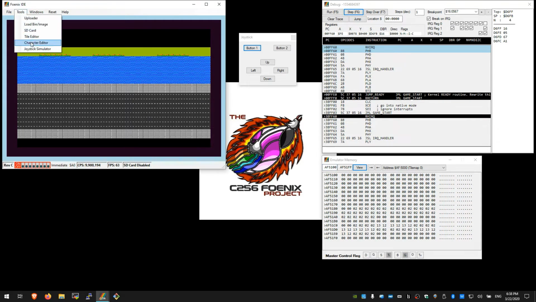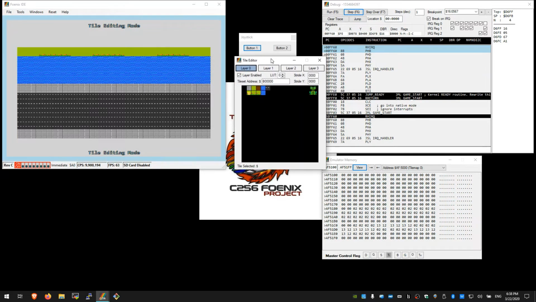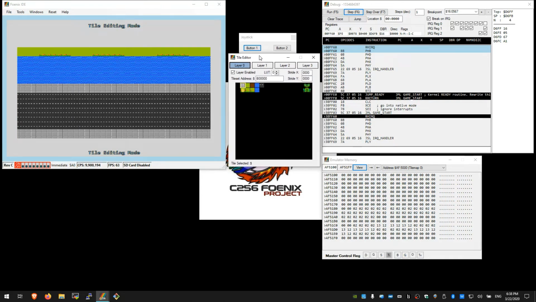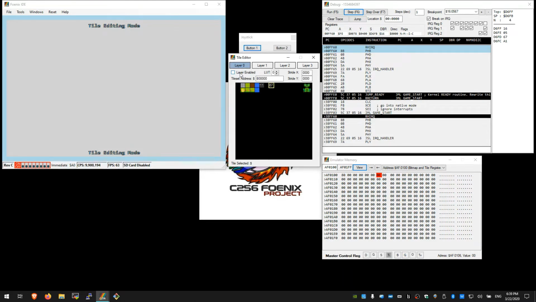So what we have for this is the tile editor. In my tile editor, you can see the tiles I have, and you can see now that there's a lot of blank ones. And I also have my frog here, right? The sprites are stored in a different area of memory, and I don't have a sprite editor yet, but it's coming. So the way you would see that this is doing anything at all is, let's go here. Here I can disable my layers, right? I'll disable this one and I'll reuse the same tiles at the same video address and then enable them. But the reason you don't see anything is that these tiles have not been assigned in the video memory, right,